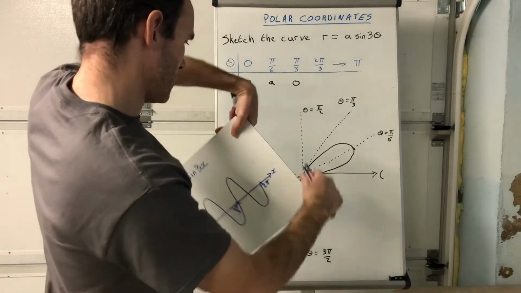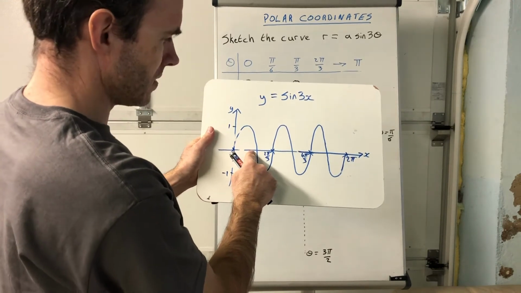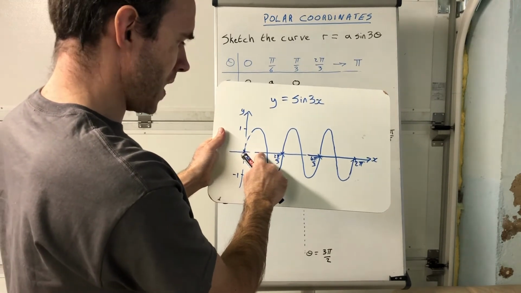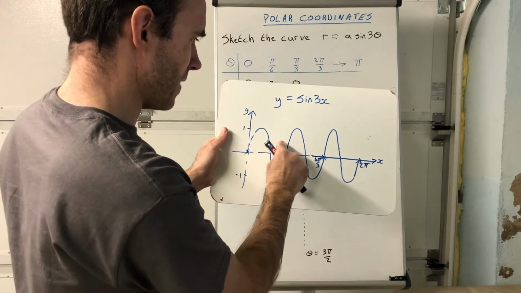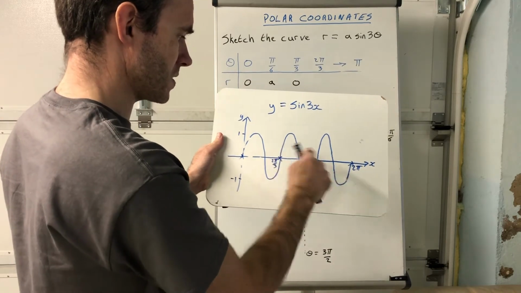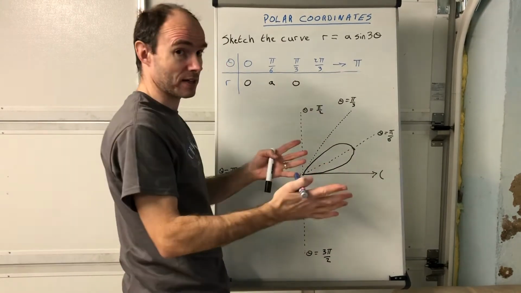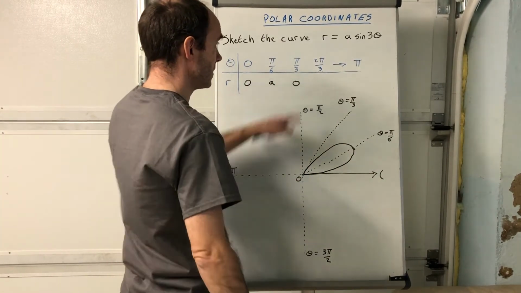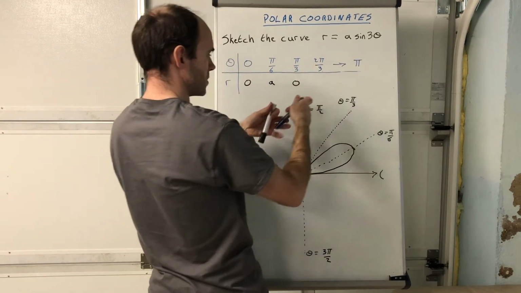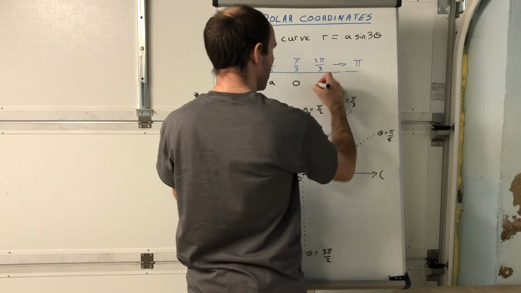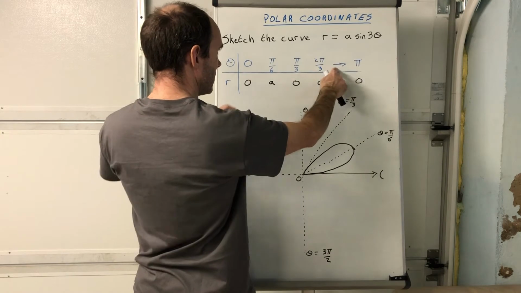So we've got this graph here between 0 and pi over 3. We've got the graph, but then from pi over 3 to 2 pi over 3 we ignore, and then we include this bit from 2 pi over 3 up to pi, where it's positive again. From 2 pi over 3 you can check these, you'll get exactly the same values. Obviously 3 times that is 2 pi and sine 2 pi is 0, so let's put in 0 there. At any multiple of pi, of course, you'll get 0, and the one in between is going to be what,